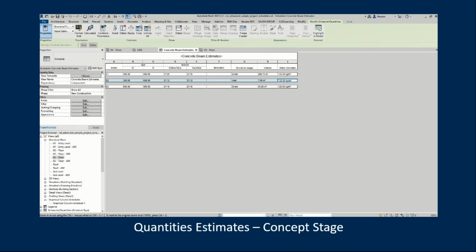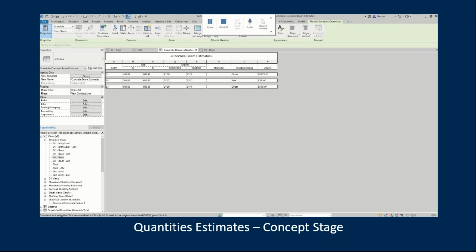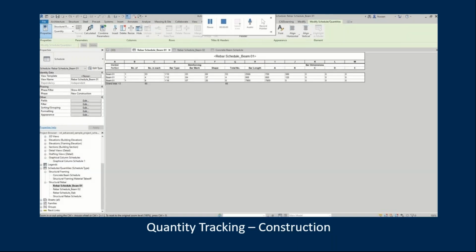So now I've got a nice little summary here, and it's documented very well so that by the time I get to construction, I can refer back to the schedule and say, oh yes, in the beginning, this is what I thought the rebar weight is going to be for each of my types of beams. So when you then get to construction,